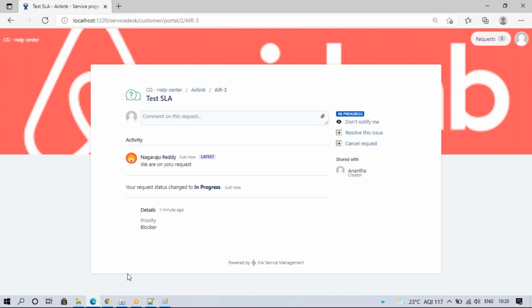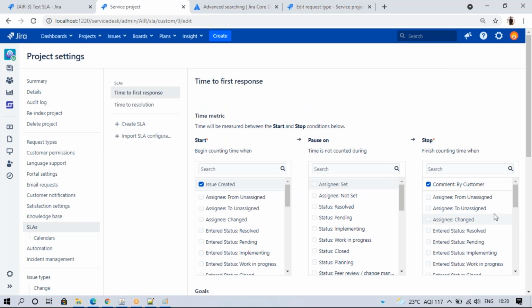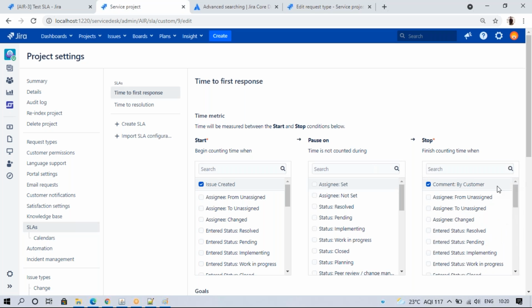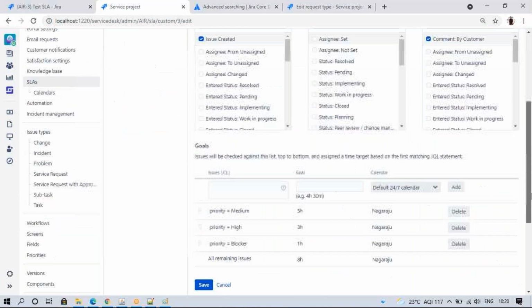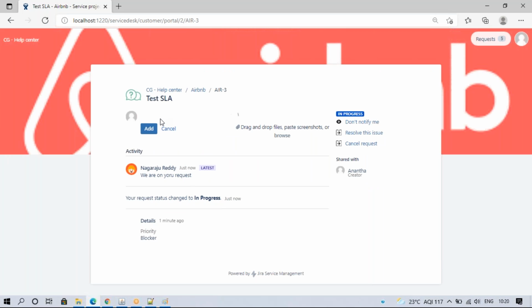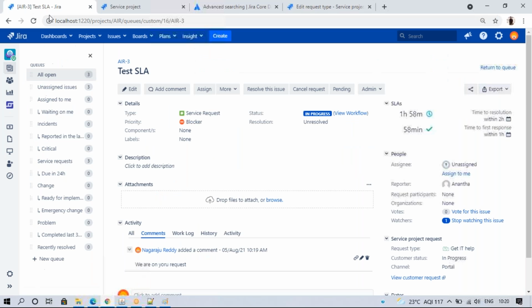Comment by customer or for customer. What happened? Sorry, this is a comment by customer. If the customer adds a comment, the first response is done. This is not the case. Comment by customer means when the customer adds a comment, it will stop. For example, if I add a comment, if I say okay, now this will stop.